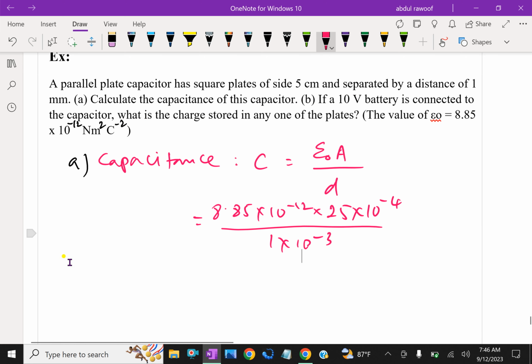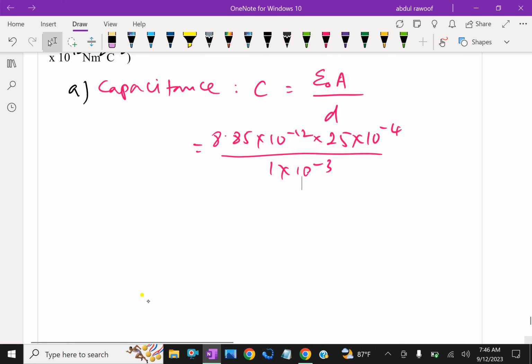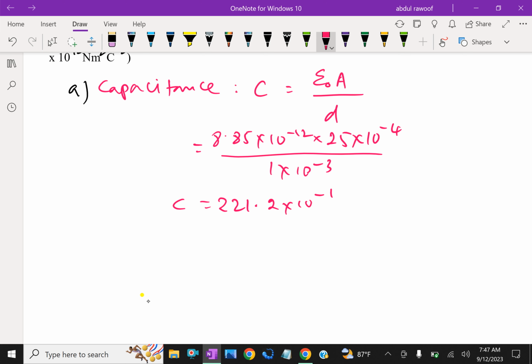This calculation gives the value, therefore C equal to 21.2 into 10 power minus 13 farads,